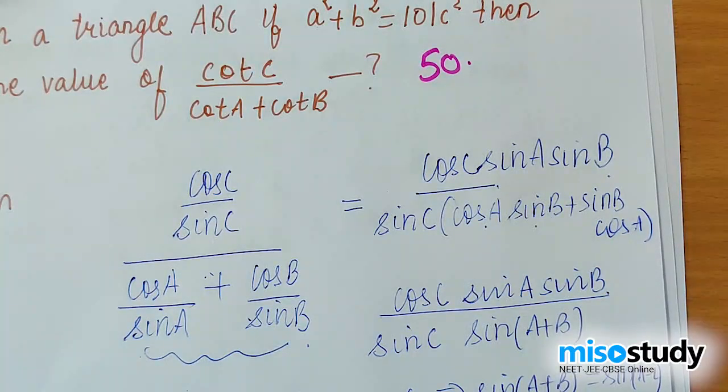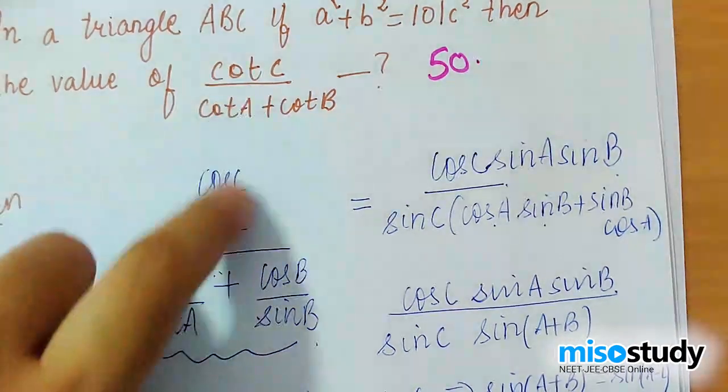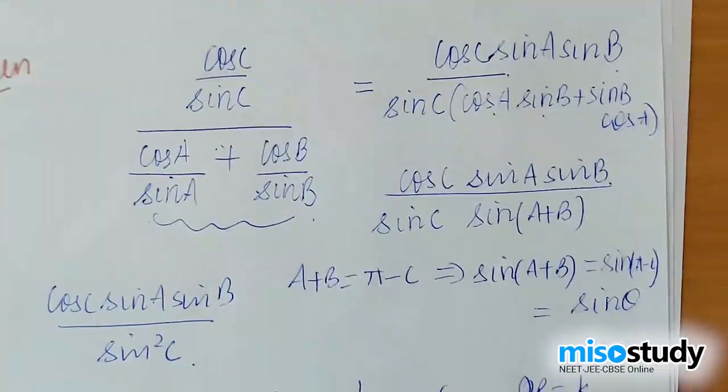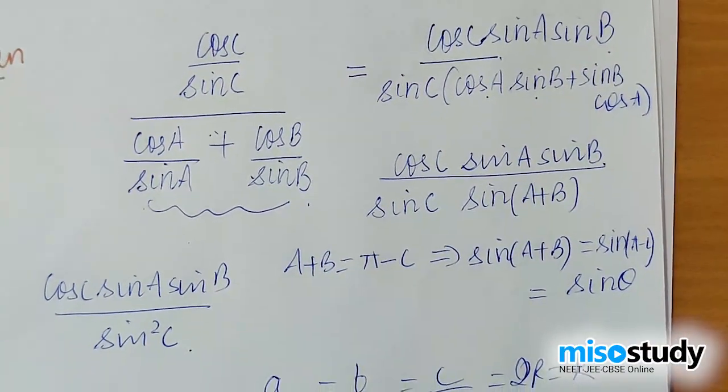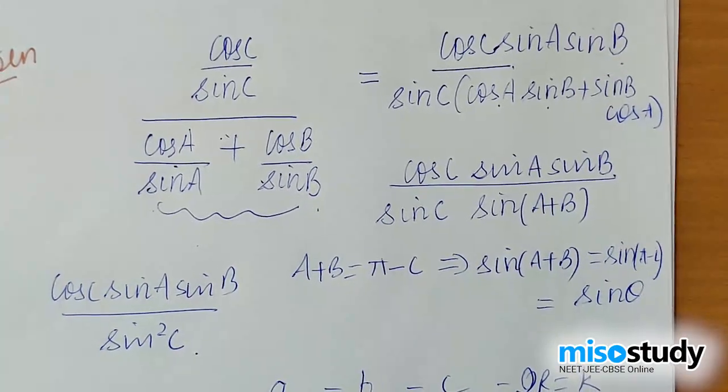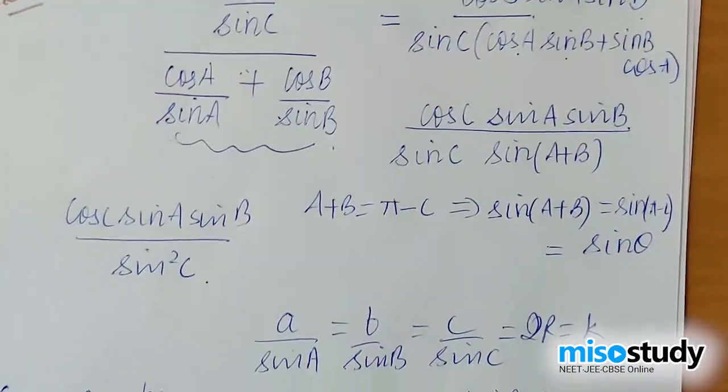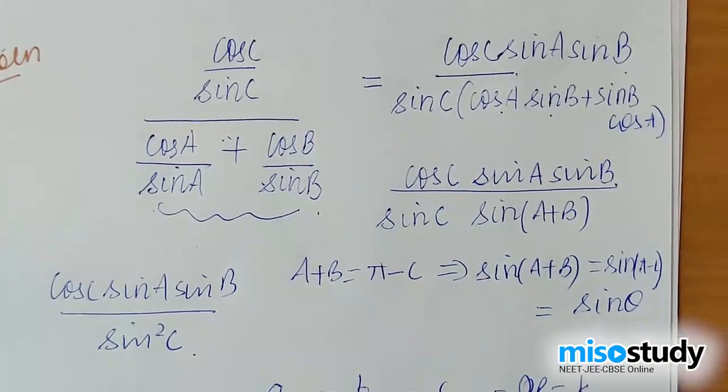It just needed a bit of manipulation by opening it into cos and sine, and since they are our favorite formulas, we have to change cot into cos and sine, and then apply the cosine and sine formula, which was quite an easy thing to do. Alright, so I hope you're clear with the question. Let me just show it to you once more.